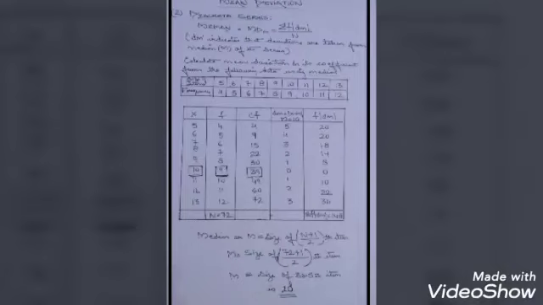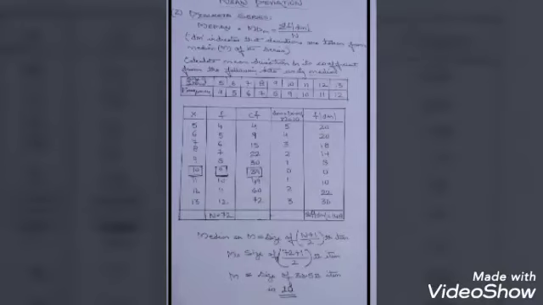We have made this table which has 5 columns. On the left hand side we have taken x, the second column is frequency, the third is cumulative frequency, the fourth is for taking out the deviation, and the fifth is the multiple of deviation corresponding to the frequency. So now we take the size of item which is x: 5, 6, 7, 8, 9, 10, 11, 12 and 13. Frequency also as given: 4, 5, 6, 7, 8, 9, 10, 11 and 12. I have added up the frequency, so my n comes to 72.